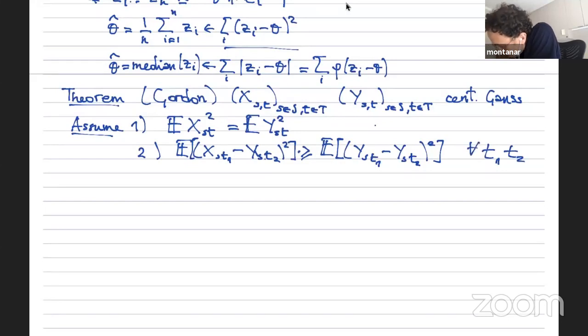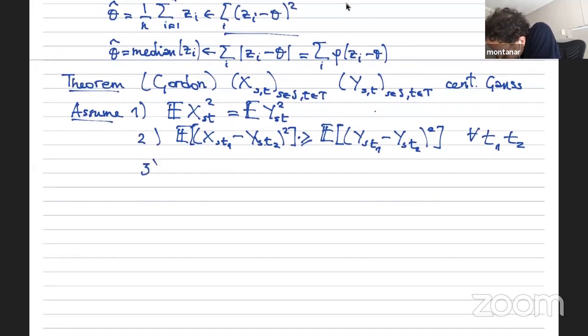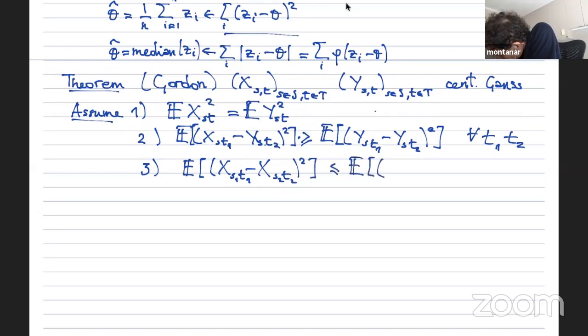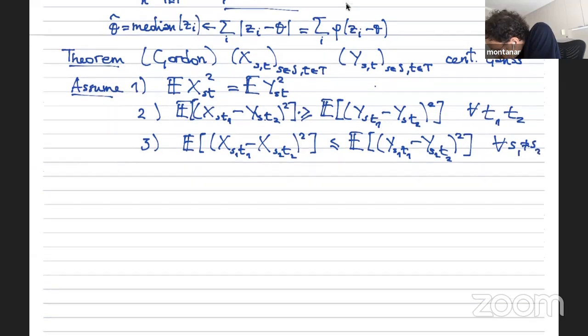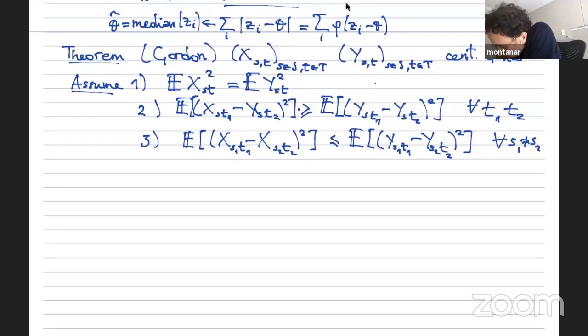Different or equal, doesn't matter. And the third condition, and this is for all S1 and all T1, T2. Then if you assume these three conditions hold, then